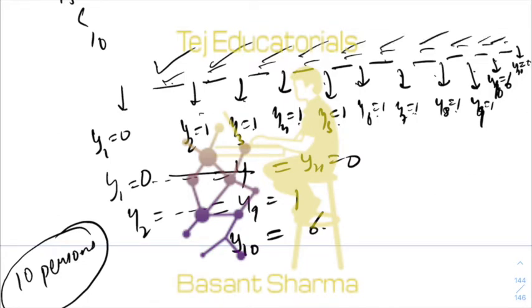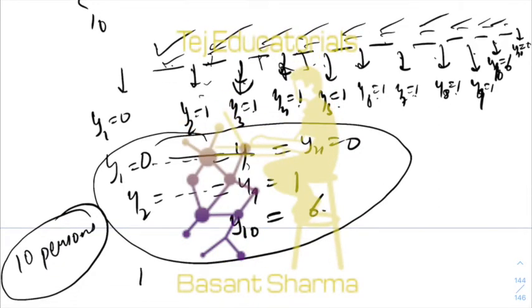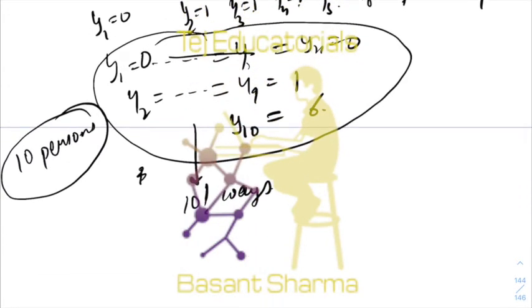Now what I am doing is, corresponding to this solution, what this means is that between person 1 and person 2 there is one seat, between person 2 and person 3 there is one seat, between person 3 and person 4 there is one seat, and so on. But corresponding to each such solution, you can permute the 10 persons also in 10 factorial ways, right? Your question is, in how many ways can 10 persons take seats in a row of 24 fixed seats so that no two persons take consecutive seats?